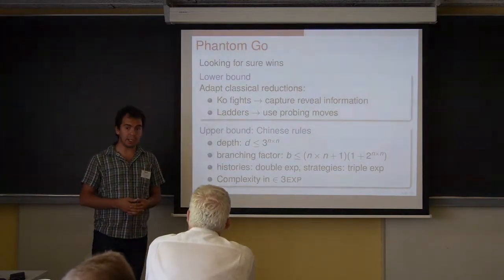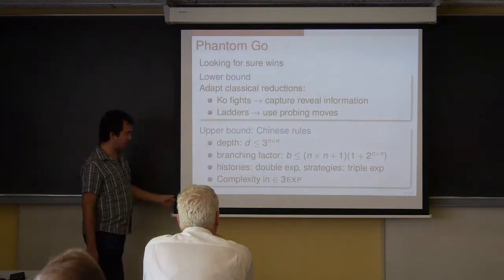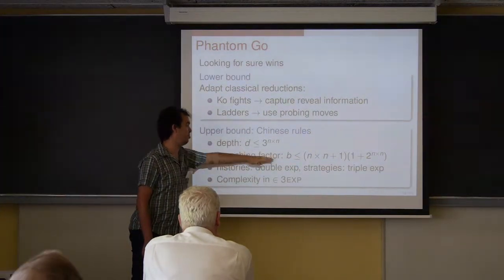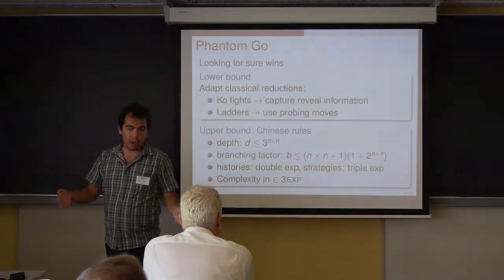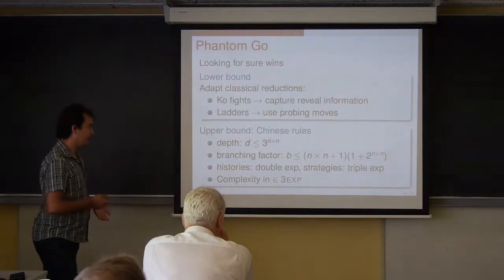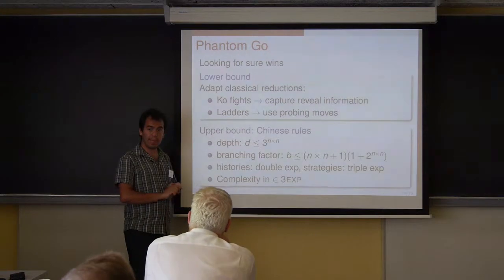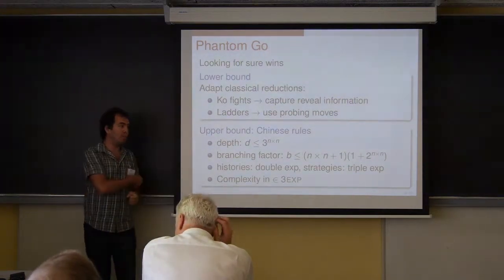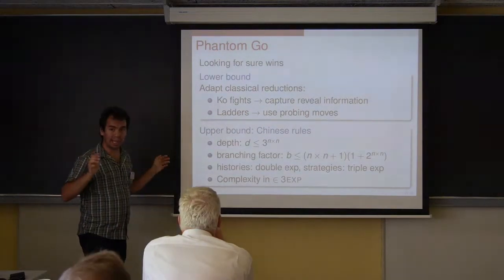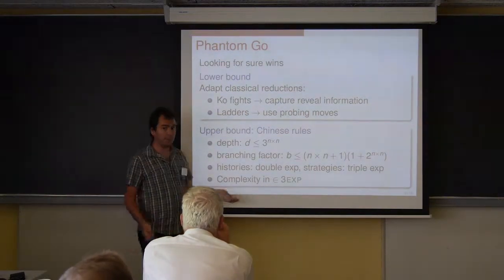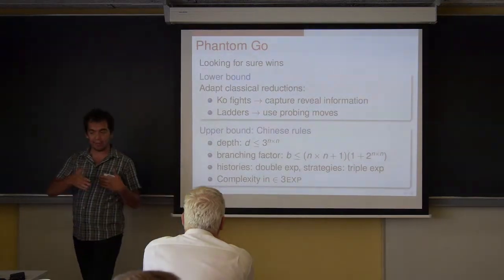However, it might be harder because of the imperfect information. So an upper bound is given by the depth and branching factor. We consider all the possible ways that the game can go on, then all the possible strategies, and we have a tower of exponentials, 3 exponentials actually, and if we do a brute force on that tower of 3 exponentials, we get an algorithm that solves the game exactly, but that's a tower of 3 exponentials, so it's rather expensive, and we obtain a 3-EXPTIME result, so we have a gap here.